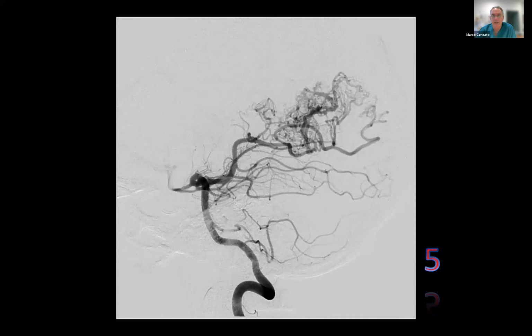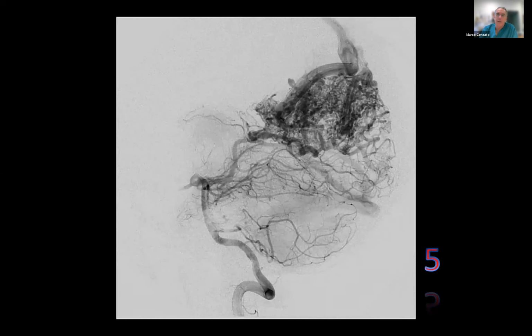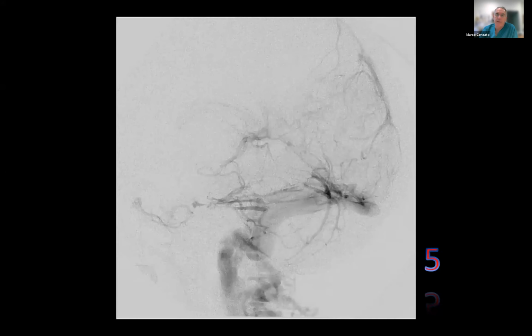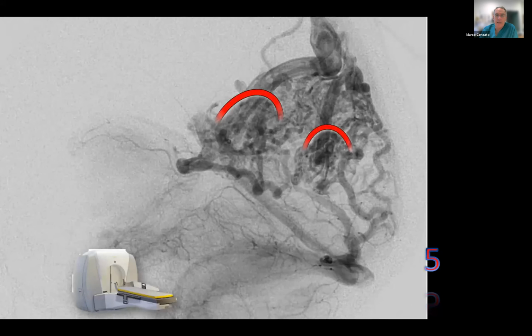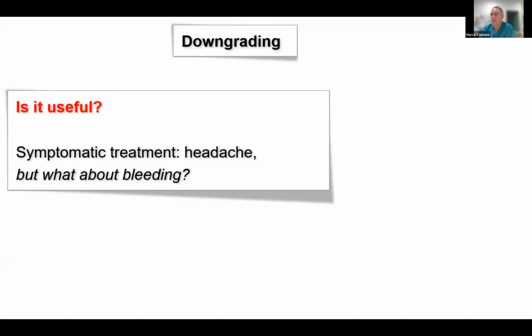This was another case, with a diffuse AVM that was difficult to control from a surgical point of view, that we thought could be difficult for surgery, and then we did two gamma knife treatments on two different areas, mainly on the venous side. So I think it's important also to consider